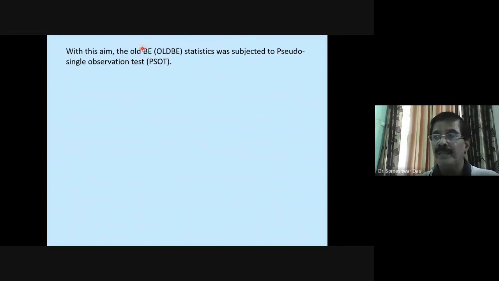So you would like to see how sensitive your observation is to the background error. That is important to know. Once you have calculated the background error, you should know how sensitive your observation is to it. For that, you can do a numerical test called the pseudo single observation test, PSOT.